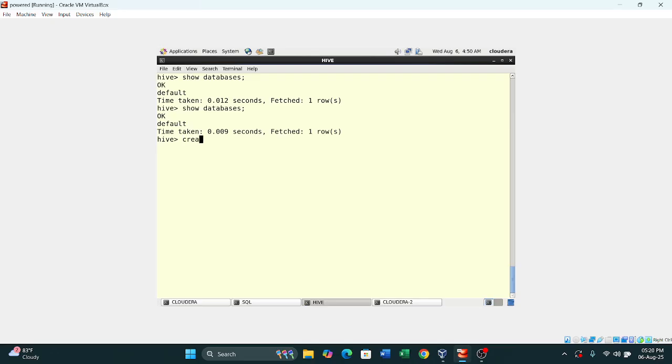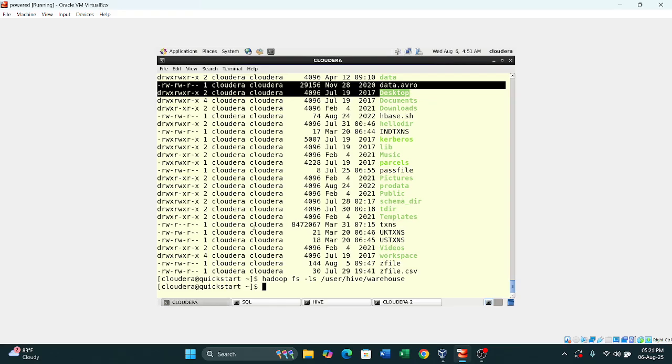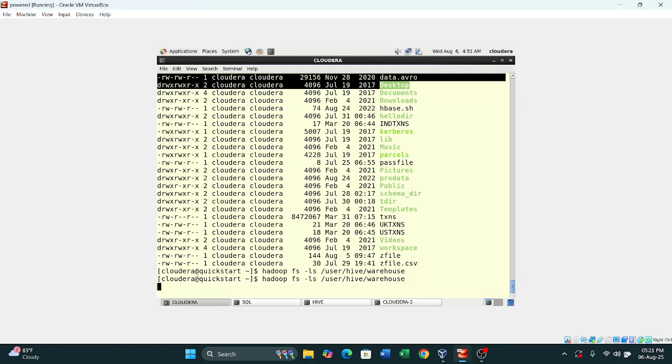Suppose create database HDB. By executing this command, you can see the impact at the backend. Okay, the database is created. Now you can see at the backend in user Hive warehouse,